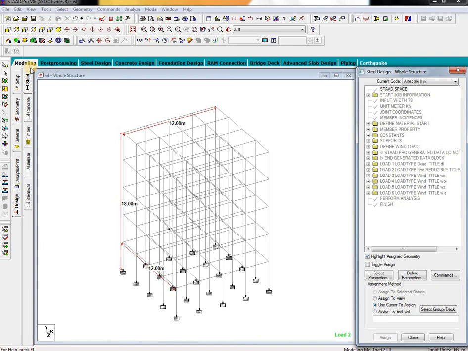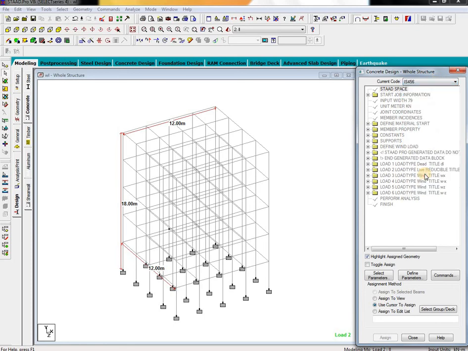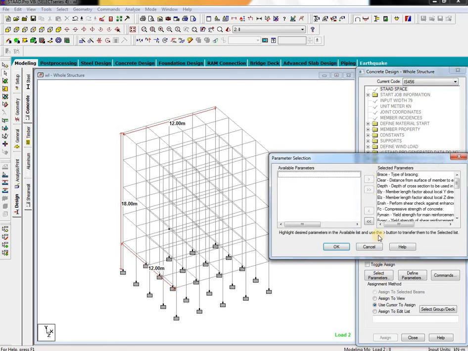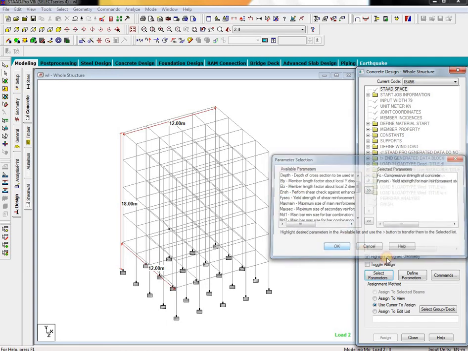Here I am going to select design. In that, this is a concrete member, so select the concrete. Here I am going to select the Indian standard IS 456. Select parameters, drag FC this side, and FY, drag this side. Then OK.